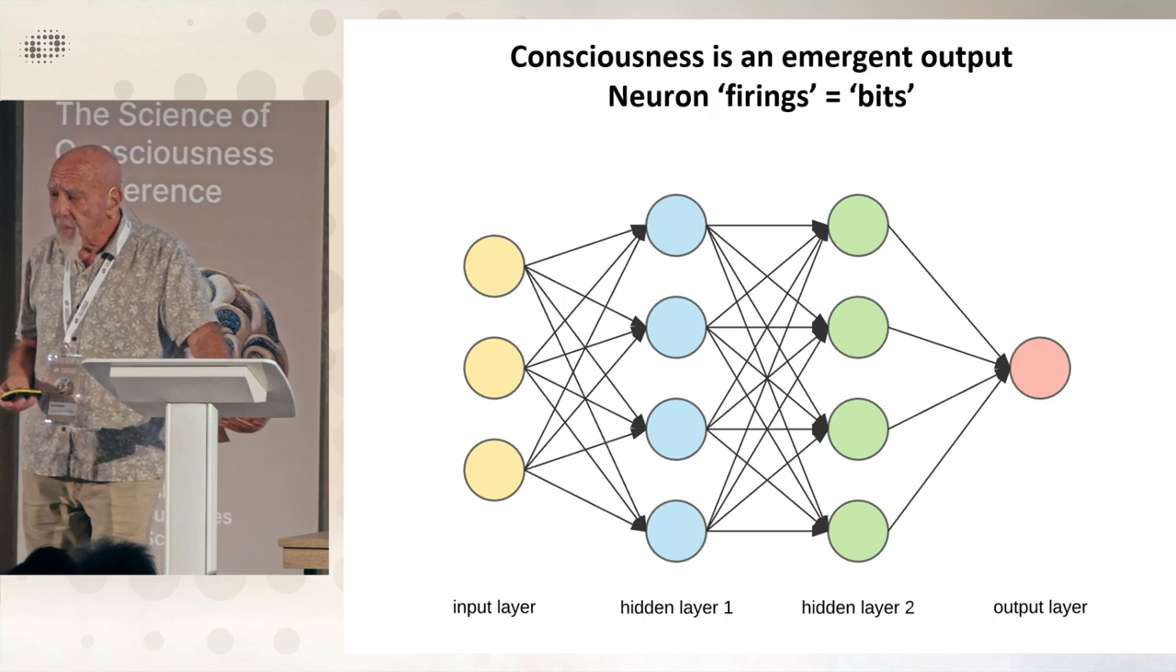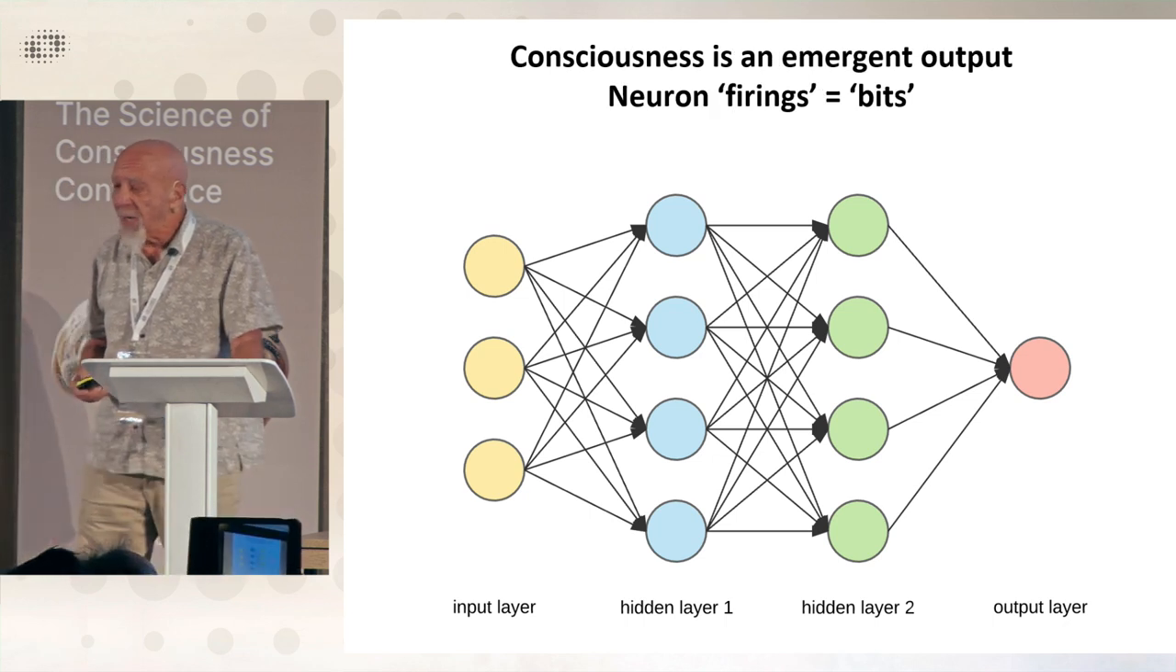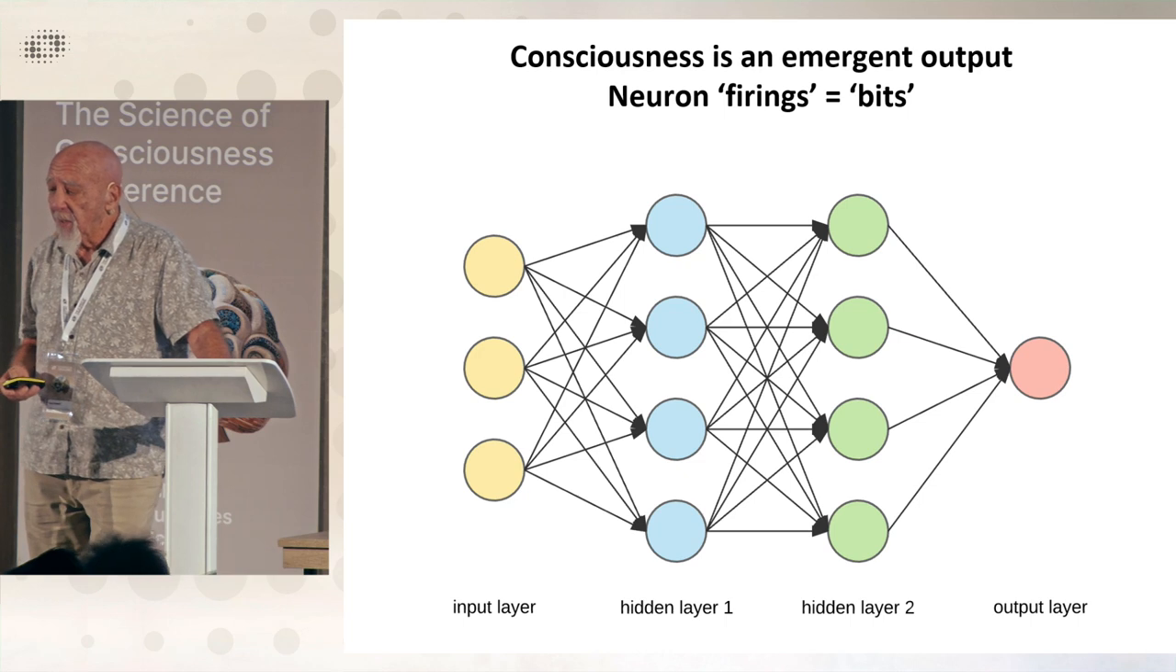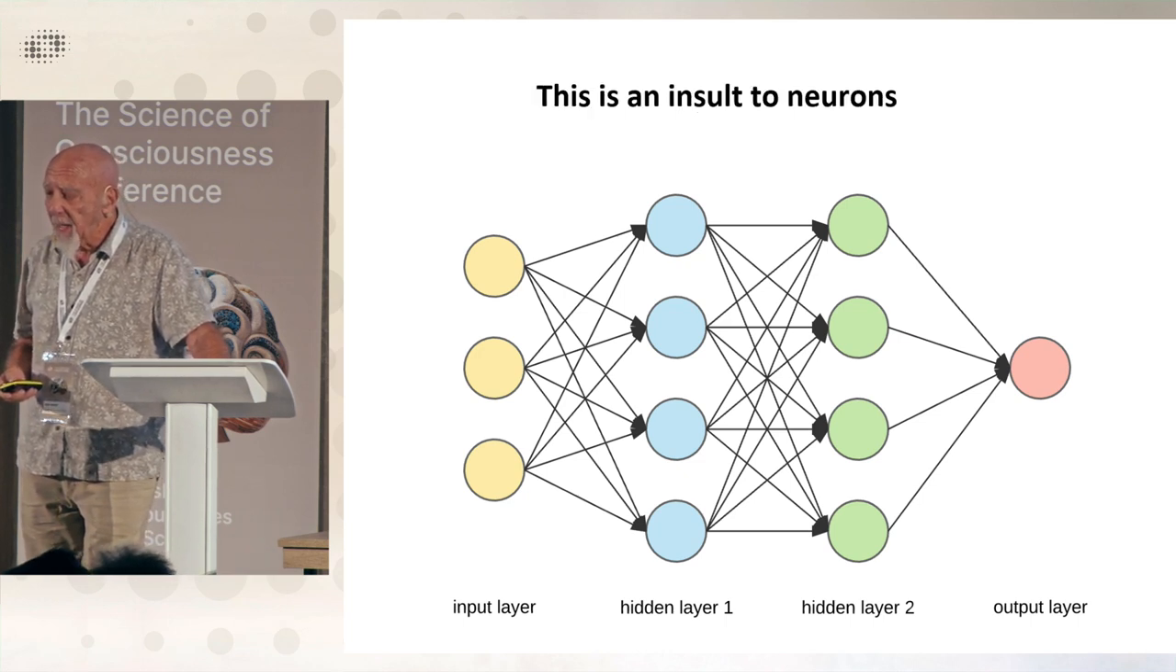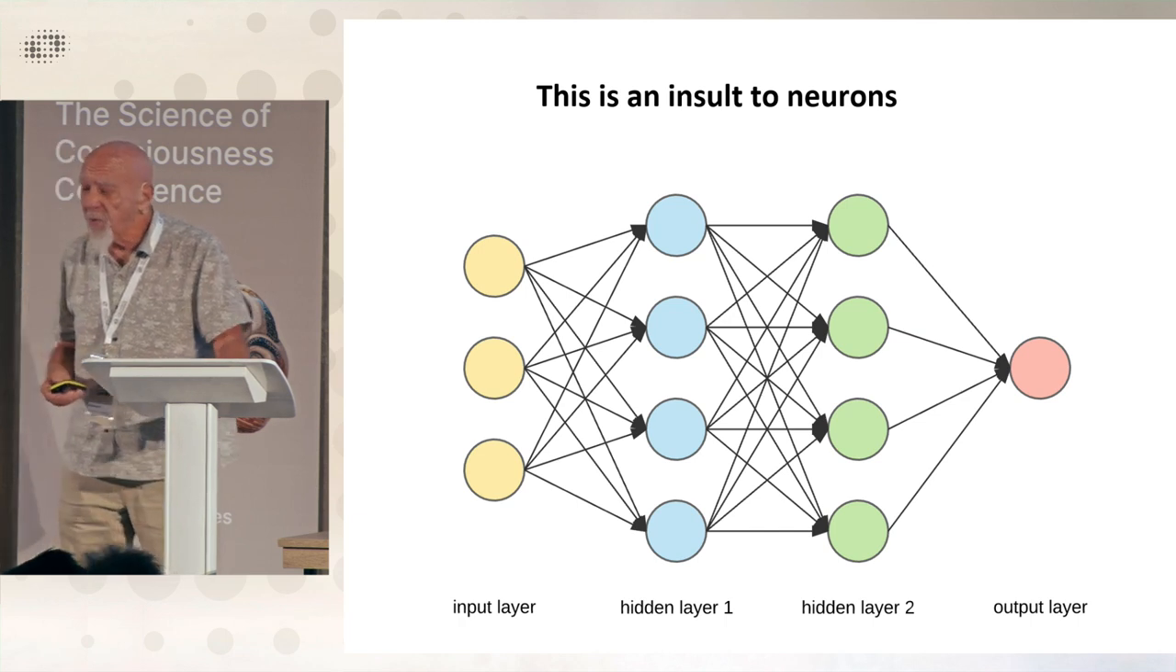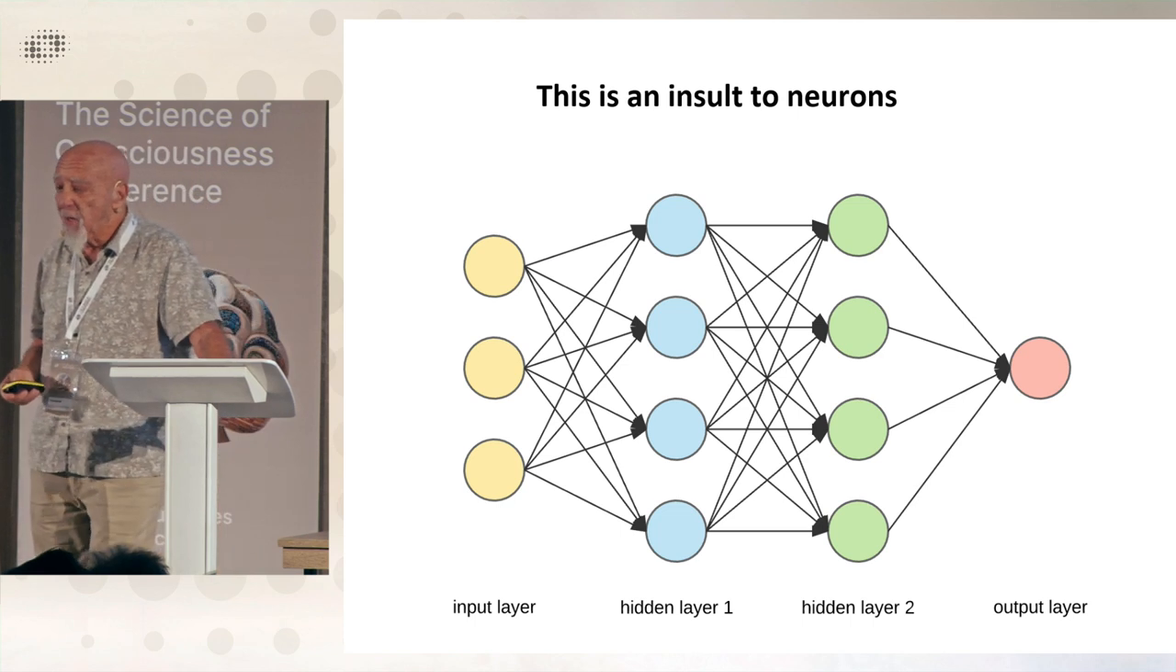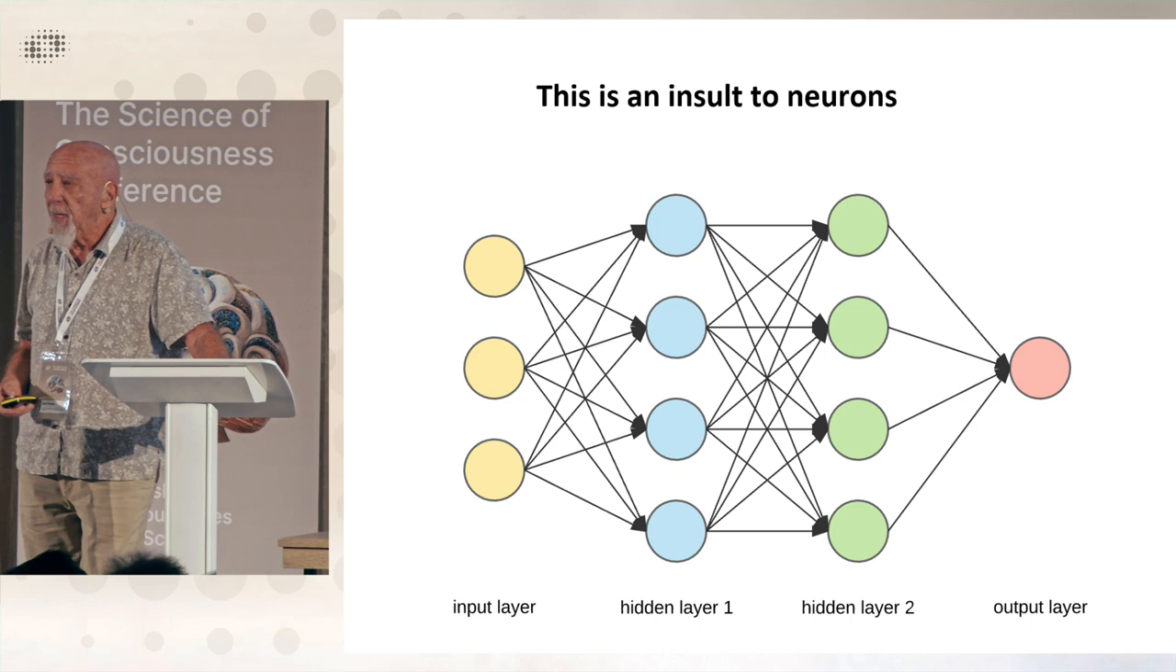So, consciousness is seen as an emergent output of these computations, and neuron firings are bits, and this is an insult to neurons. I call these cartoon neurons. And I think for good reason, because basically they have one output, they're algorithmic, they're membrane only, and they're at